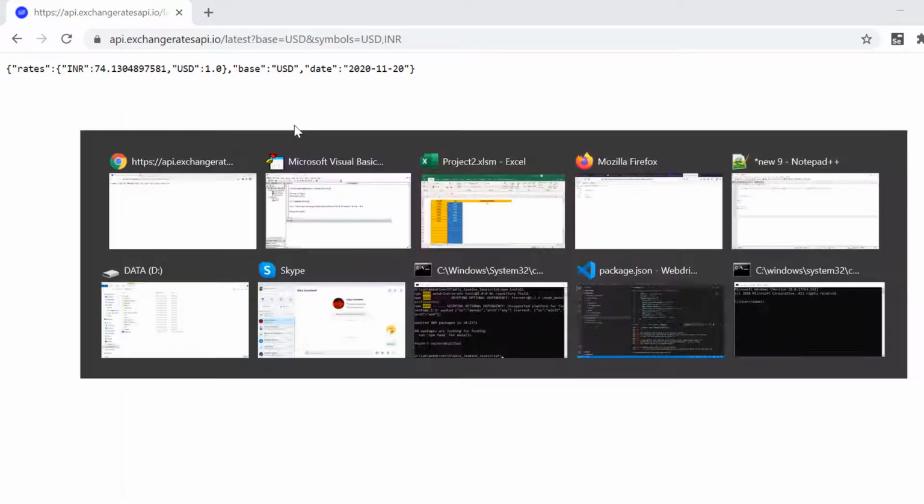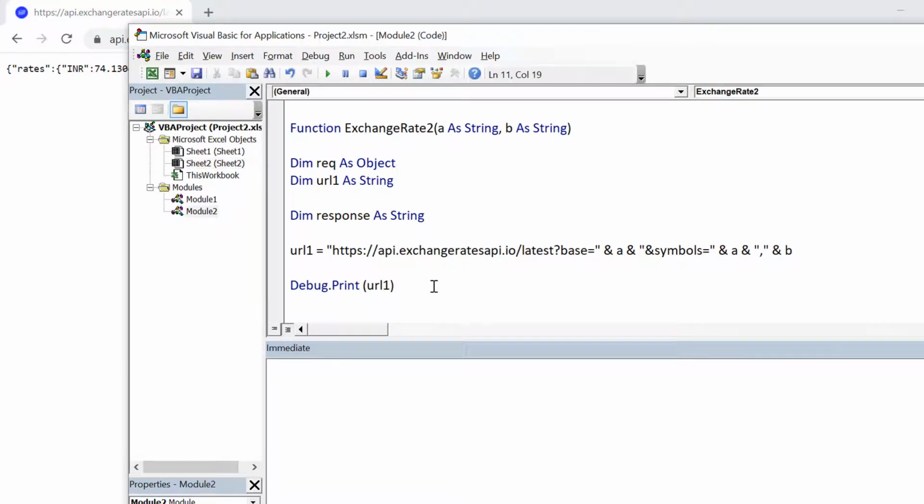Now since you are getting the response correctly, it is time to create the request here. We are removing this Debug.Print statement because we do not want to write to the console. Rather, we need to create the request. So Set request equals CreateObject. Here we need to create an object of type MSXML2.XMLHTTP, right? This is what you need to create here, and then you need to put a With block with request,